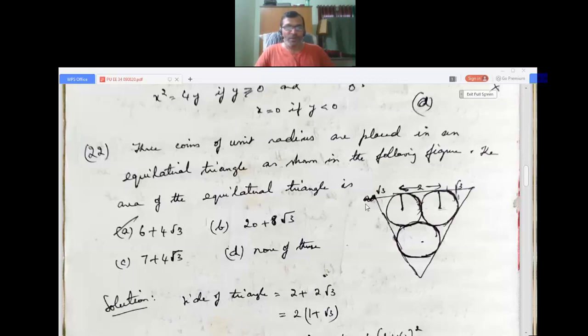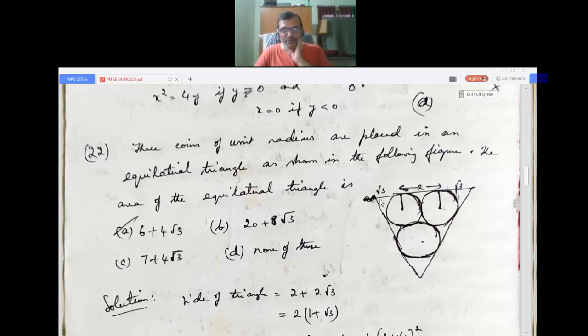Now, if we take here, this will be 60, so this will be 30 if you take. So this is unit radius, 1. If you want this length, adjacent side by opposite side, because it's an equilateral triangle, each angle is 60 degrees, but half will be 30 degrees. We can take either cot or tan. So if I take tan 30 is equal to opposite side by adjacent side.